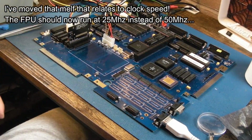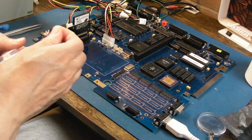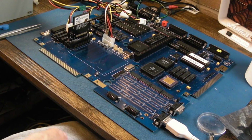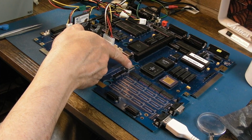I will just reflow it and I'll get the solder off the other pads. So that should now mean the FPU runs at 25. The interesting thing is that FPU is, I think, stamped at 50. And the other thought I did have, and I saw someone else with ordering a 48 and another board with